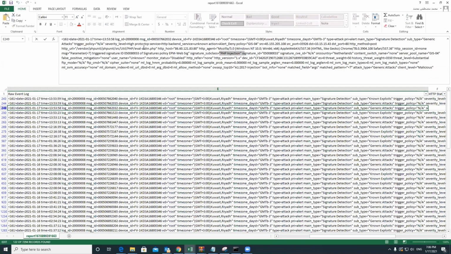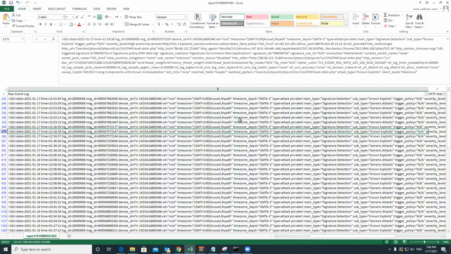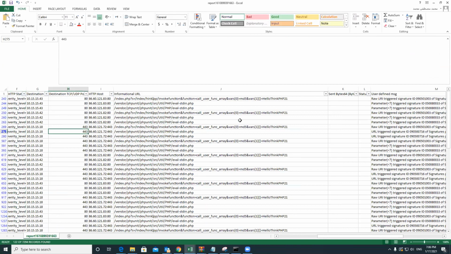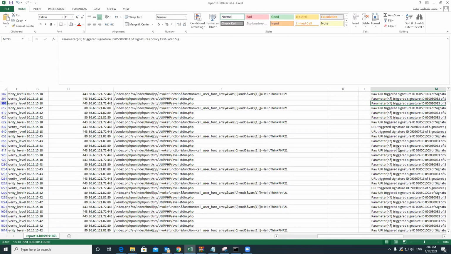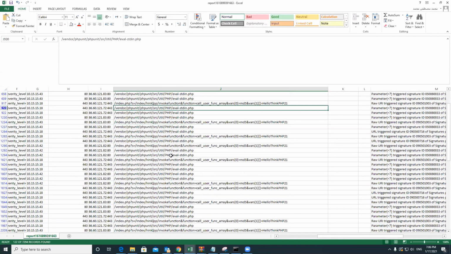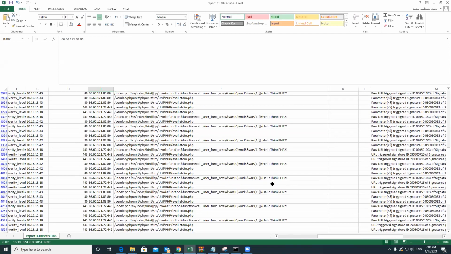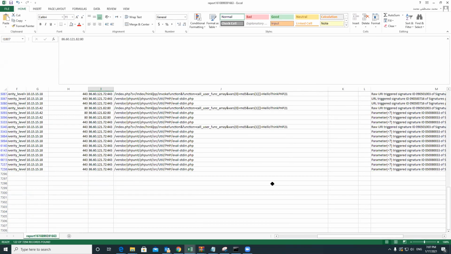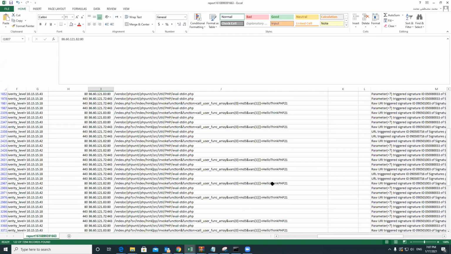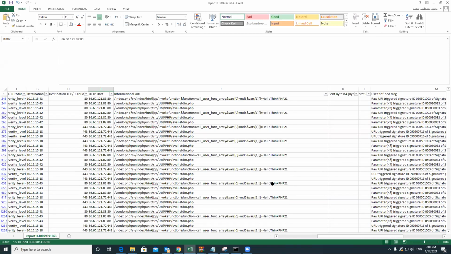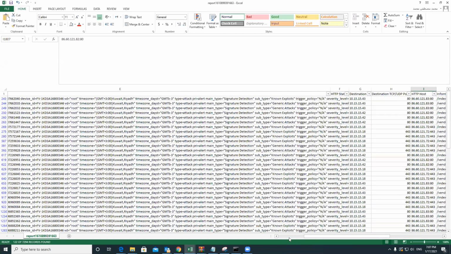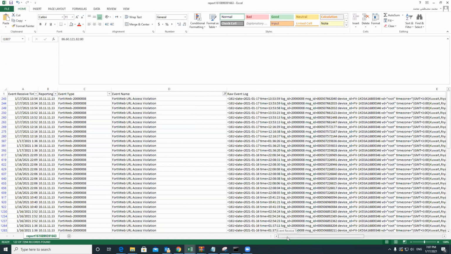PHP injection. Okay, so there is something else this guy is trying to do. Let's see. Here it is. So this guy is trying to do a full-blown scan of your website, and it's looking for PHP vulnerability, and that's what it keeps saying. It's saying that there are other alerts already there with this IP address, which you can go and close off. So that's one thing. The second thing is